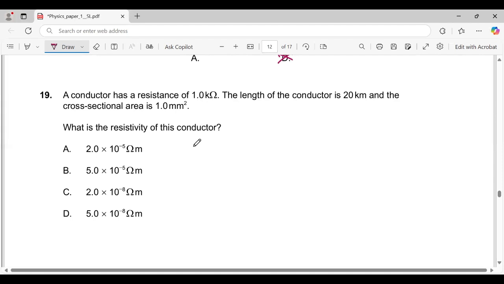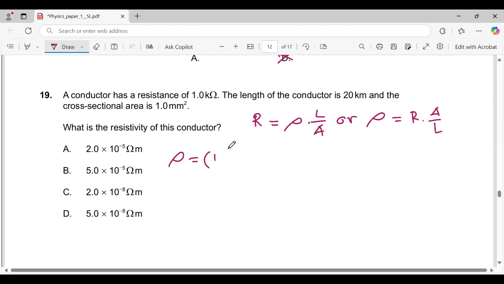I would like to use the formula R equals rho times L over A. Or we can rearrange this formula to become rho equals R times A over L because we are going to find rho. So rho equals, substitute this information,